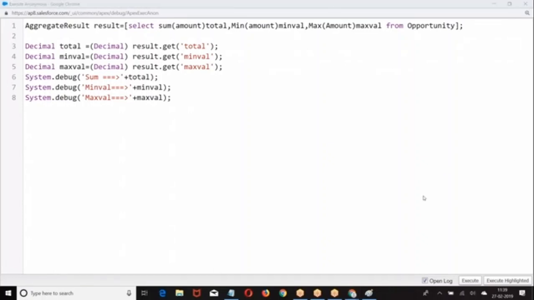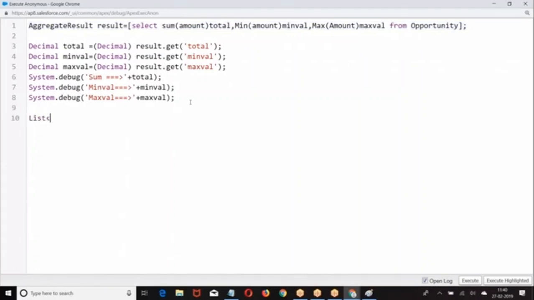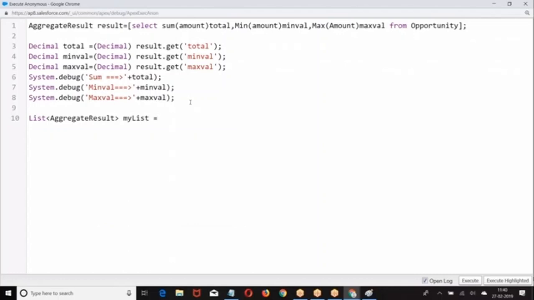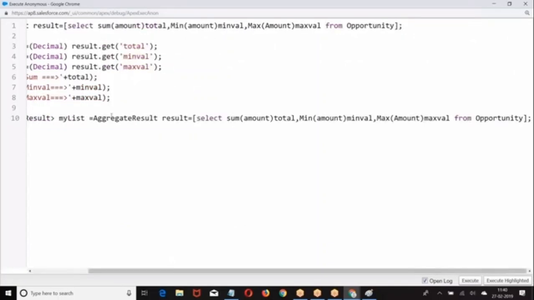If you want to group them, how do you group it? Look at the point. List of aggregate result equal to the query.